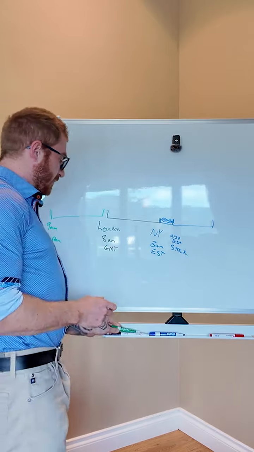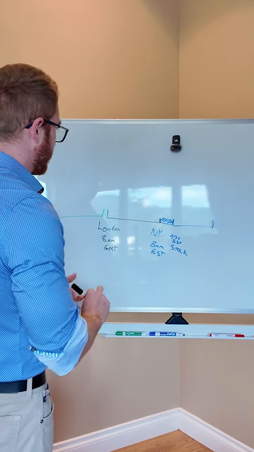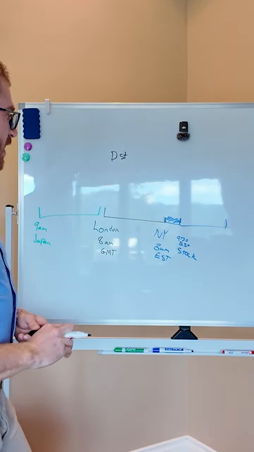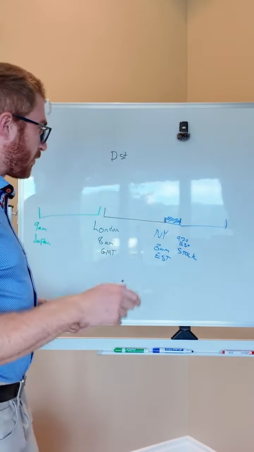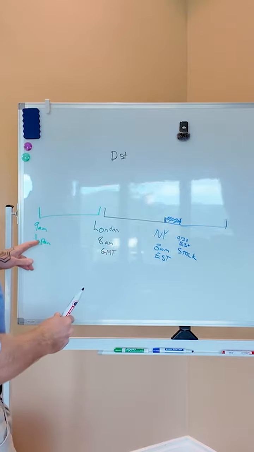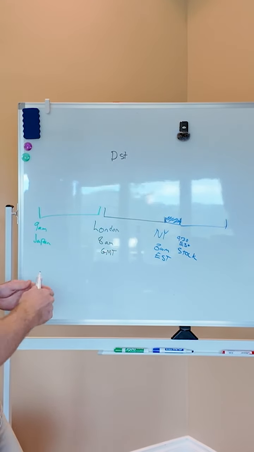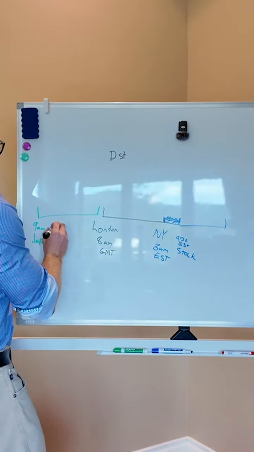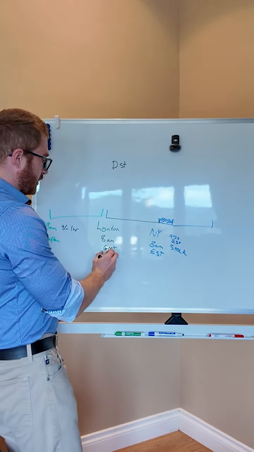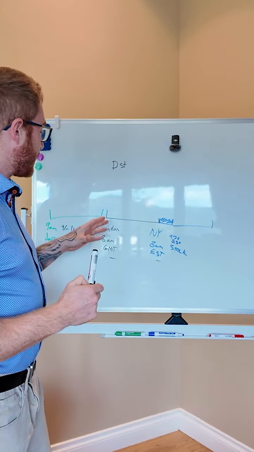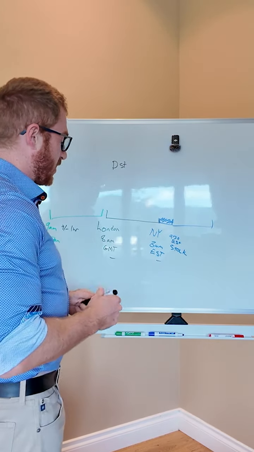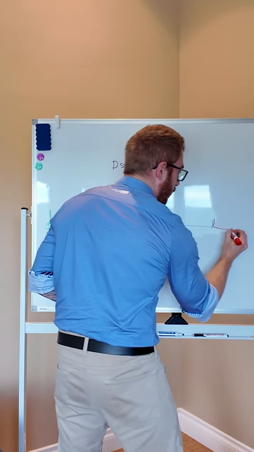And the other thing you're going to have to take note of is if there is daylight savings time in each of these time zones. London and New York have daylight savings times at different parts of different weeks of the year. Japan does not have daylight savings time, so this will be plus or minus 1 hour, and all of these will be plus or minus 1 hour as well if you're in an area that is not those specific times.